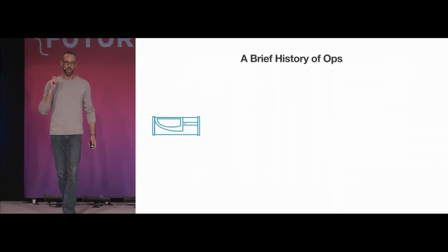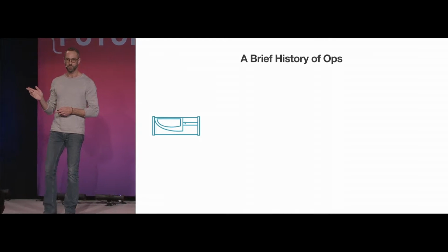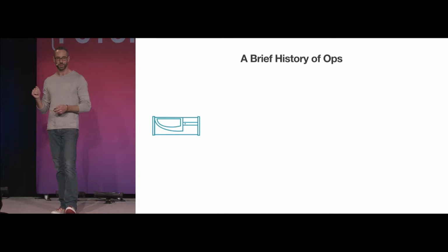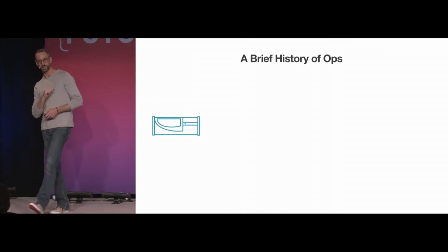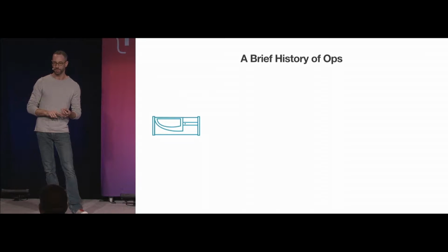So if you're like me, back in the 90s, your first SaaS deployment might have looked a little bit like this. In my case, I was working at a baby content portal, and our stack was a massive set of 4 Sun 420R servers. The R is for rack mount. And we worried about things like hardware failures and OS upgrades and kernel patches and monitoring CPU and disk space